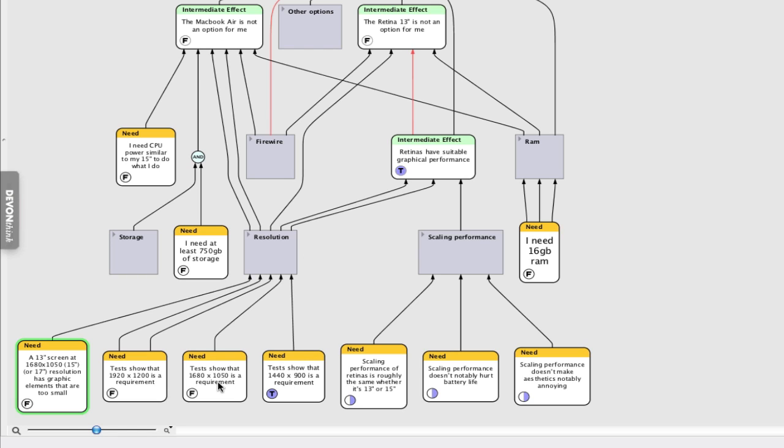However, if I did say that the 1680 by 1050 is a requirement, it rules out the Air, this is still unknown, because then it has to do with scaling. So even though there's a default resolution, on the Retinas you can scale things up to a much better resolution. However, for me, it's currently unclear whether this scaling upgrade would introduce performance degradation that would make working with the machine annoying. So if I set these to true, meaning that there's no problem, all three of these to true,